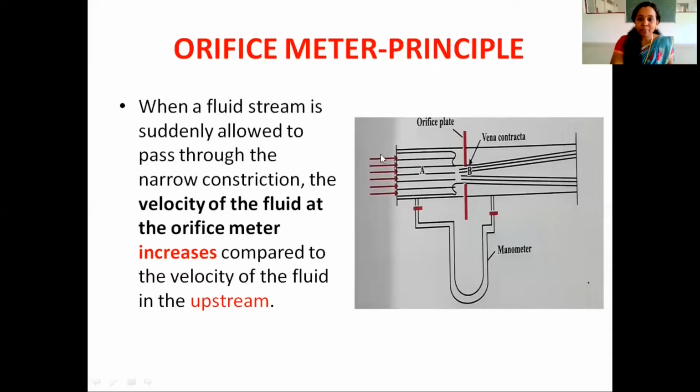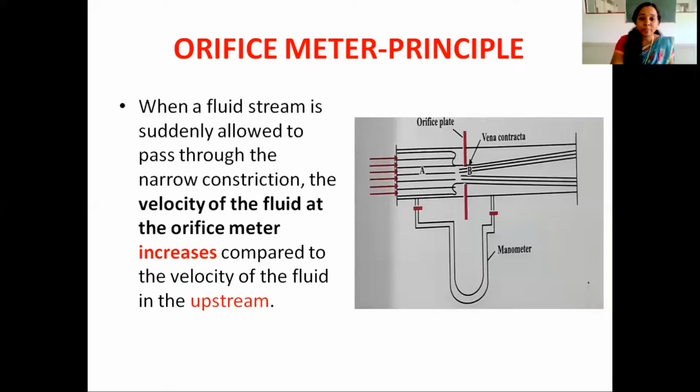This is a pipeline and here orifice meter is installed in the pipeline. Okay, orifice meter is a thin circular plate with a hole on it, and while placing this orifice meter, a reduction in the area will occur. Okay, so here you can see a reduction in the area. This is the diameter of this pipe and this is the diameter of this orifice. While placing this orifice meter, reduction in the area will occur.